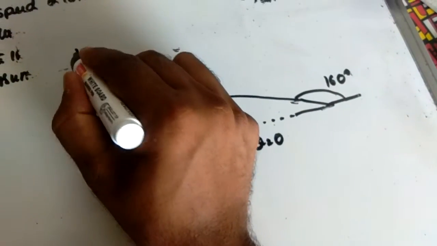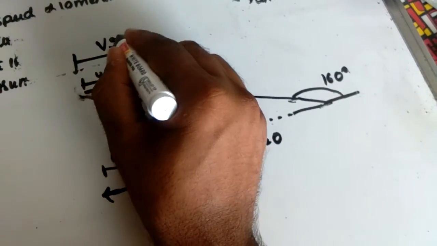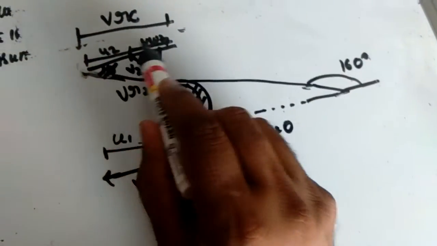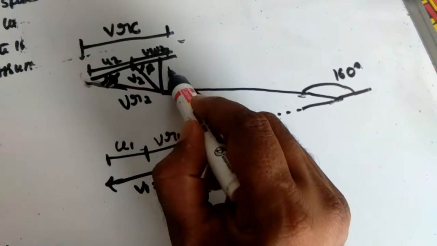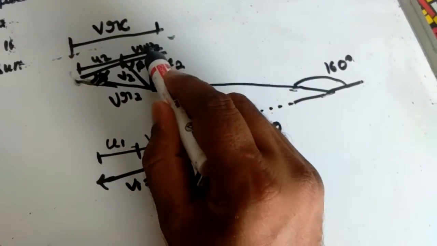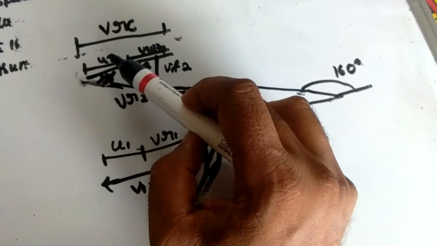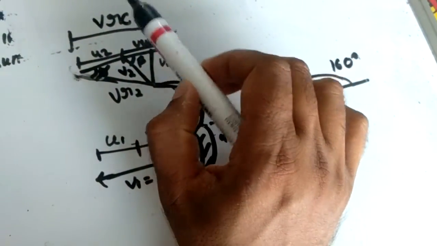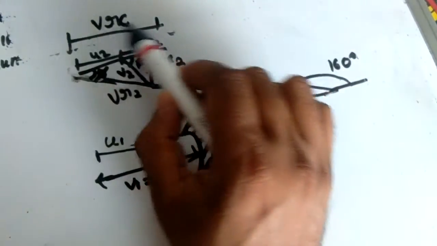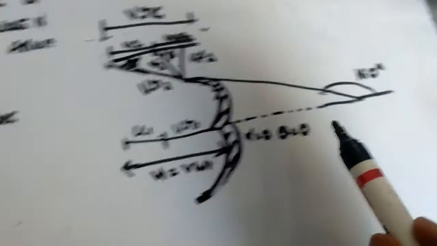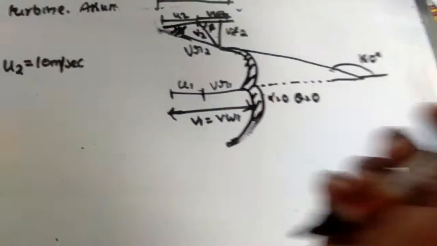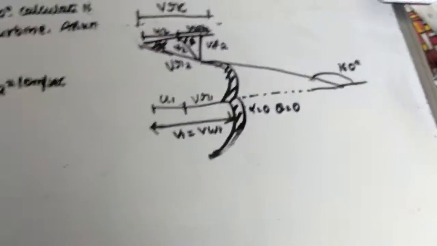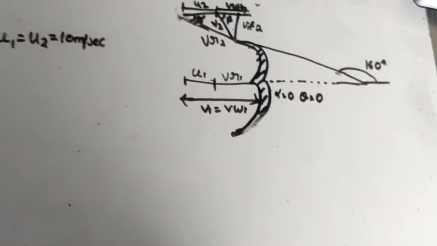So here we considered vrc, u2, vw2, vr2, v2, and this one is a component of vf2 and vw2, components of v2. When we are resolving, this is inclined. When you are resolving vf2 and vw2, the x direction is vw2 and the y direction is vf2, and vr2 has components vf2 and vrc. So these are the small velocity flow triangles. This is very important for your calculation purposes.